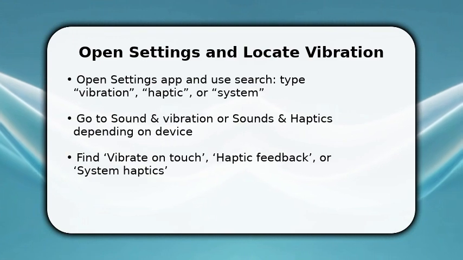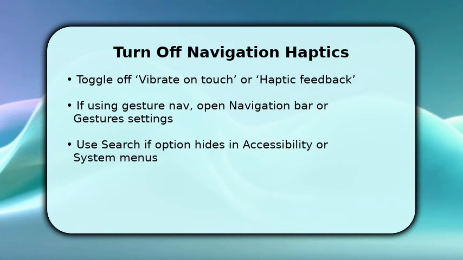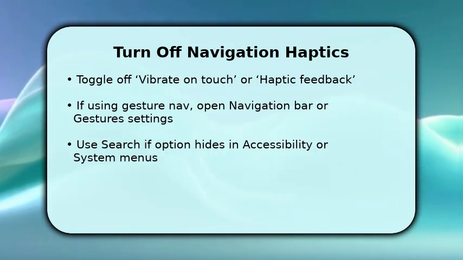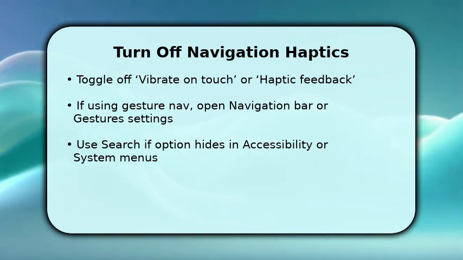Now turn the feature off. Flip the Vibrate on Touch or Haptic Feedback toggle to off. If your device uses gesture navigation, go to Navigation Bar or Gesture Settings and disable haptics specifically for navigation presses